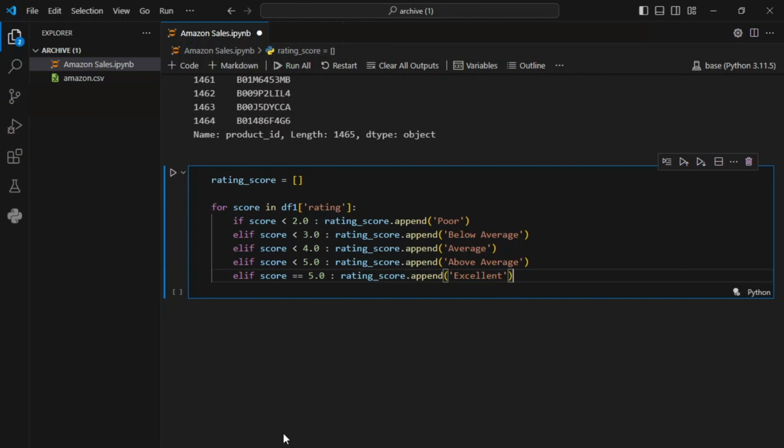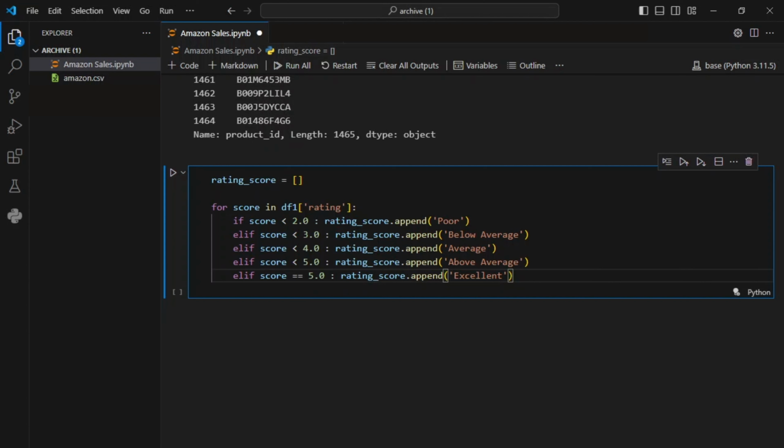And between 3.0 and 3.99 is average. From 4.0 to 4.99, we call it above average. And if the score is exactly 5.0, then we label it excellent. So this categorization helps convert numerical ratings into more intuitive descriptors, and this makes the data easier to understand and